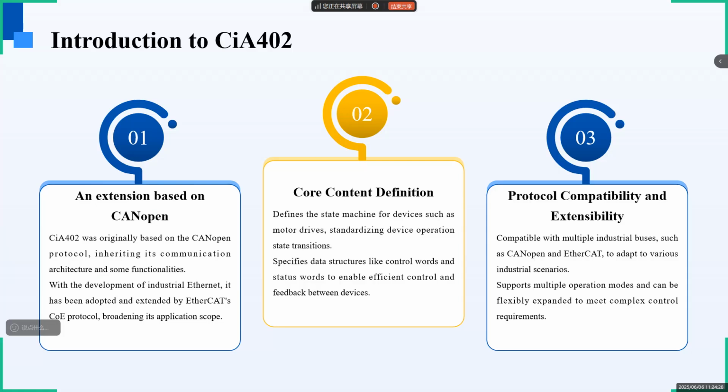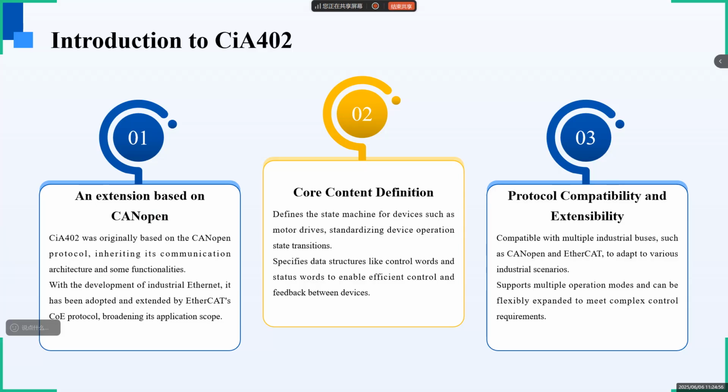Then is an introduction to the CiA 402 protocol. When discussing industrial motion control, we must mention the CiA 402 protocol, which is a standard drive device protocol. CiA 402 was initially based on the CANopen protocol, inheriting its communication architecture and some functions. With the development of industrial Ethernet, the CiA 402 protocol was extended by EtherCAT CoE technology to cover a